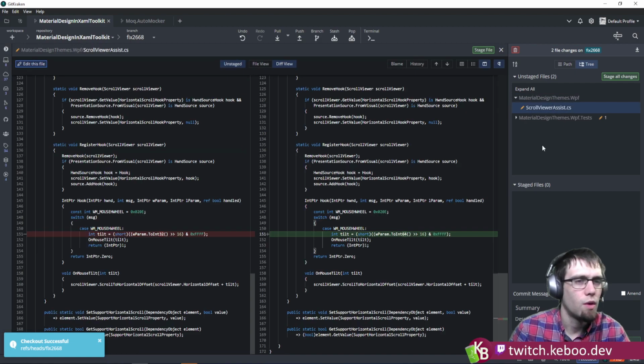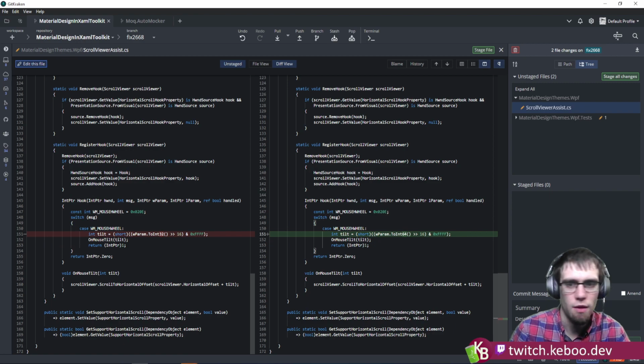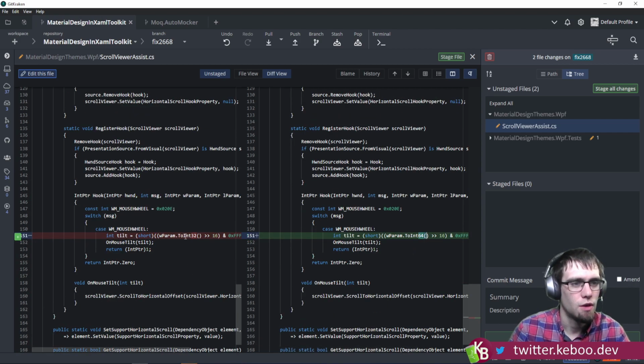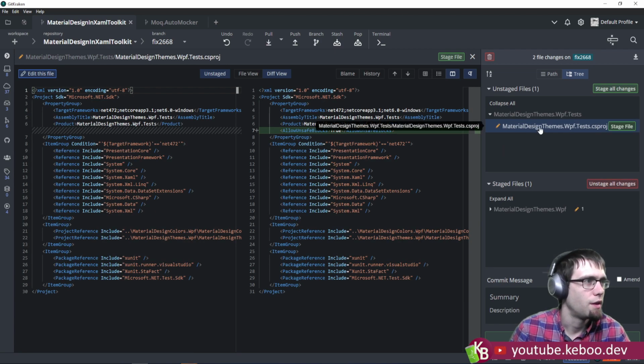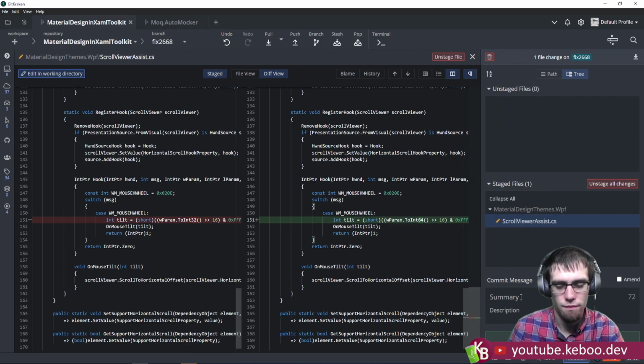And then we only want this change here, so that's a little tiny. Let's go a little smaller. There we go. So 32, 64. That's what we expect. The unsafe change to the test project, we do not want that. So fixing issue when, how about fixes, well, fix crash on 64-bit